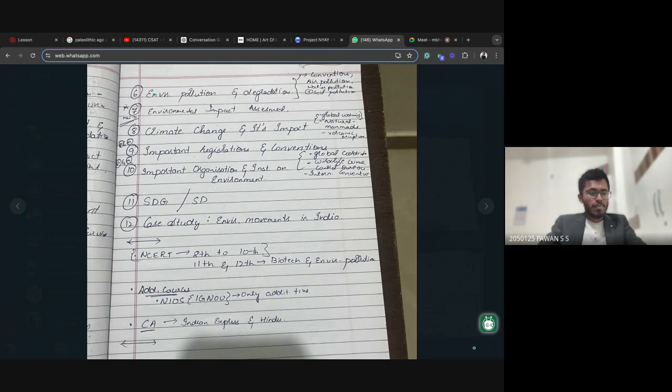Also, guys, if you ask me which additional sources you can refer to, you can use NCERT books from 8th to 10th. That would be important. For 11th and 12th, don't learn everything, but if you're able to learn biotechnology or environmental pollution, that would also be fine. Regularly reading current affairs, Indian Express and The Hindu, would be more than enough. For additional courses, there are specific ones like NIOS and IGNOU, which have a lot about environment and ecology, and the teaching is good. If you want, you can watch those courses. These are additional sources, but apart from that, in my notes itself, I'll try to cover everything.